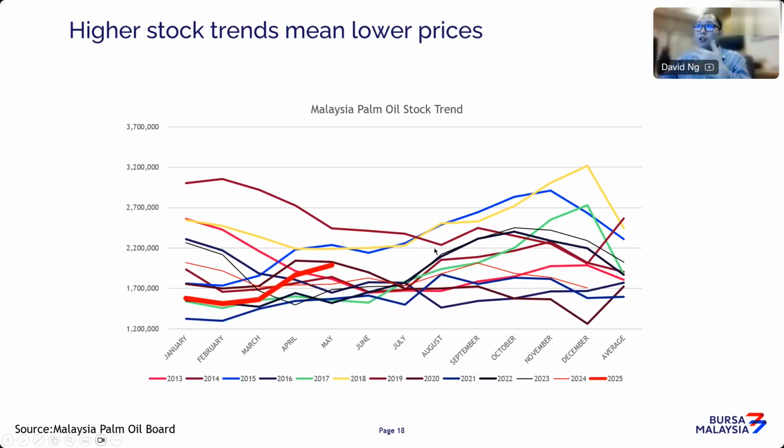Because of a production pattern like this, you can clearly see that after the build-up in production in March, April, stock levels also start to build. And importantly, the build-up tends to stop around November, December. So again, it follows in line with how your production patterns perform. Once you have rising production, you can safely expect to see higher stock levels in the coming months.